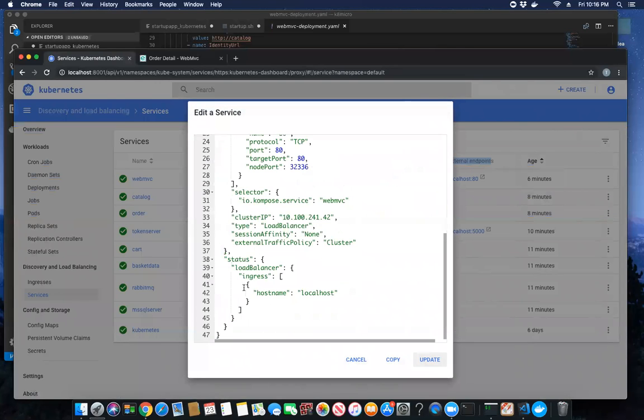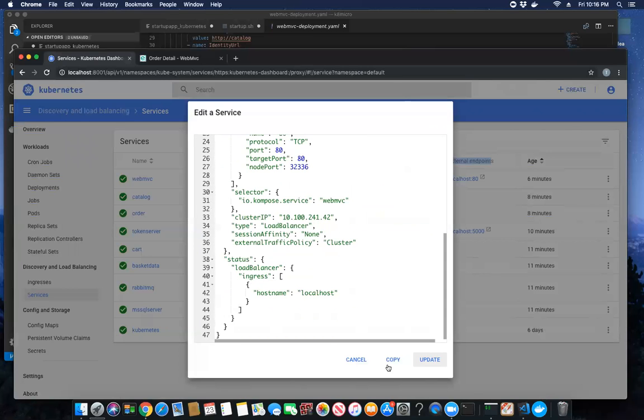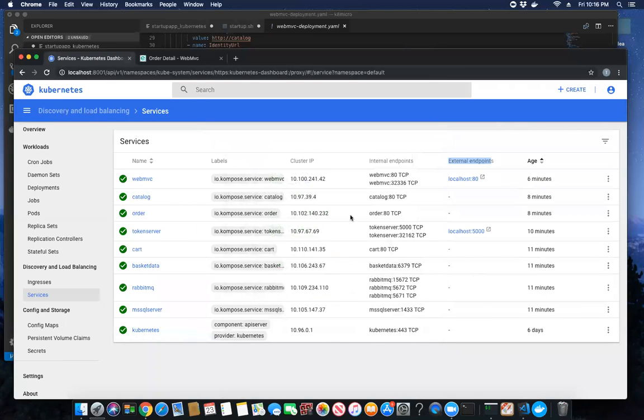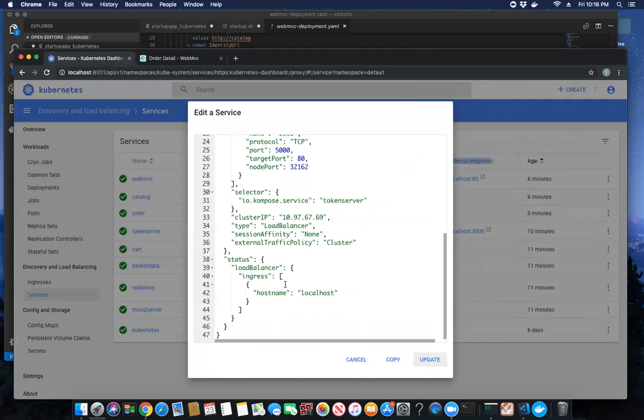As you can see, we actually have a type equals like, actually that's a different one. I want to actually take a look at the token server. Let's take a look at the YAML. Let's see. So we got type equals load balancer. So that's pretty much all you really need to do. Specify that, and then your Swagger endpoint should be available